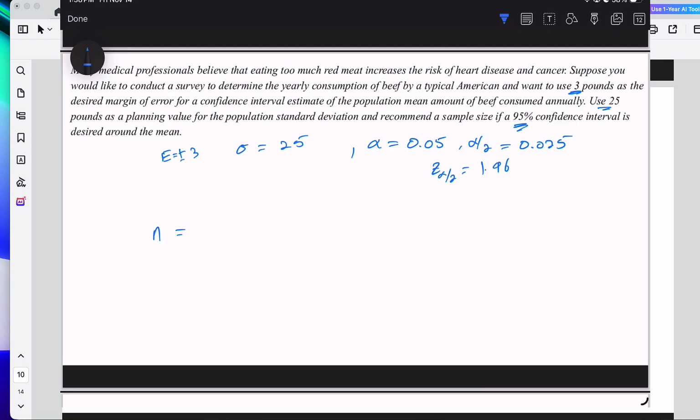Our n is z alpha by 2 squared times our standard deviation squared, or variance of the population, divided by the square of our margin of error. Putting all this together, our sample size should be 1.96 squared times 25 squared divided by 3 squared. And this equals